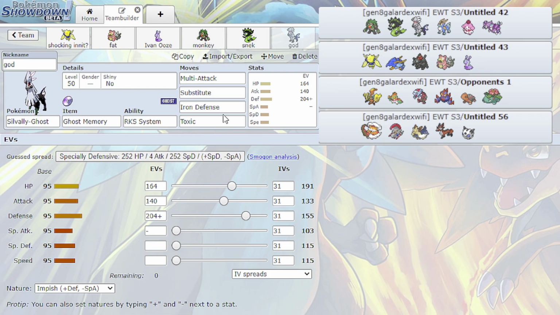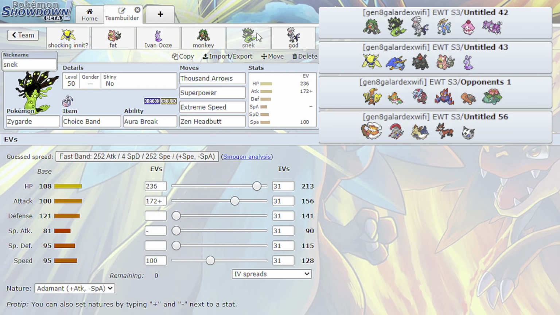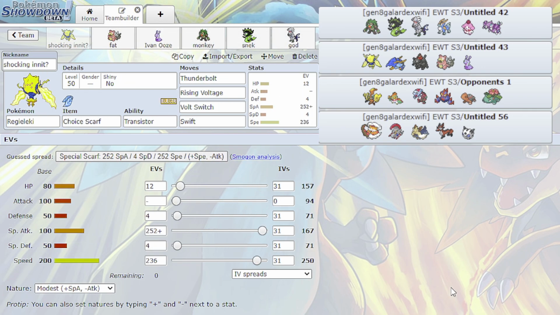This is my way of beating Stoutland, as well as pretty much pressuring Escavalier permanently and forcing them to do something crazy to try to get rid of me. Don't really know what they can do to get rid of this, because everything that they can do to try to break this up, I can Toxic, or I can get off a Multi-Attack and do a lot of damage. That is going to be the team. As you can see, no hazards this week at all, which is kind of weird, as well as no Defog or Rapid Spin. So that is going to be the team. Let's go ahead and hop right over into the...